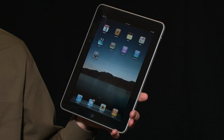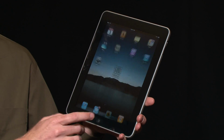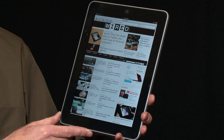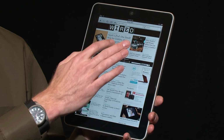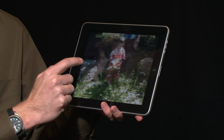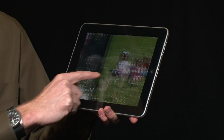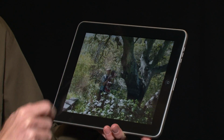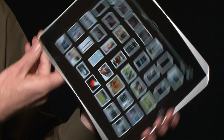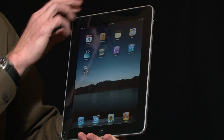Let's start with the screen. Whether you're looking at a menu of icons or browsing the web or looking at photos, this thing is bright and vivid and in your face. And it's also extremely responsive. You put your finger on it and flip through pictures, it moves really fast. I've never seen a screen quite as responsive or brilliant as this one. It's also got an accelerometer, so it reorients when you turn it like that, and that effect works in every